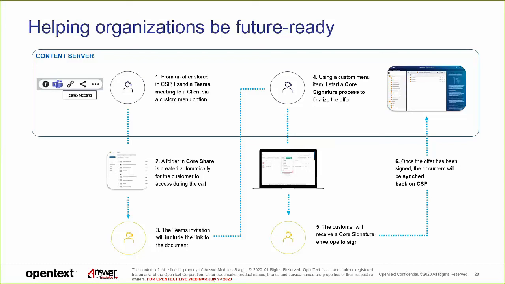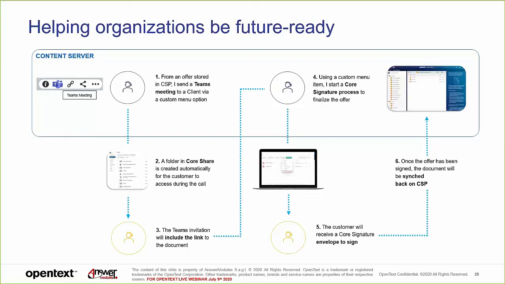From CSP, I can send out directly a Teams meeting invite, and at the same time automatically create a Core Share folder in which I automatically put all the necessary documents or information needed for the discussion during that meeting. The Teams invite is sent to some specified people that maybe are your internal users or external users, and in that invite we also have the link to that Core Share so people can get prepped accordingly